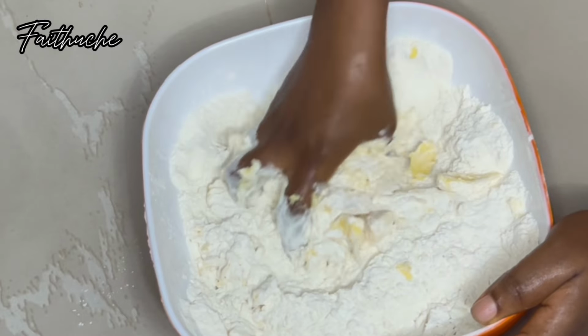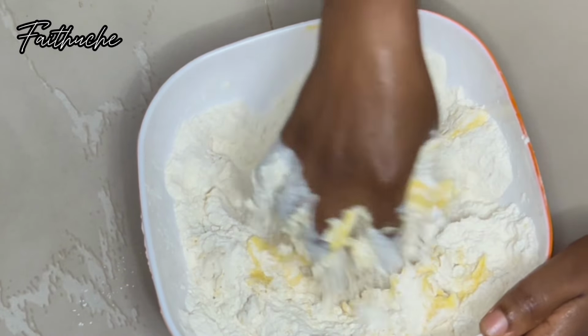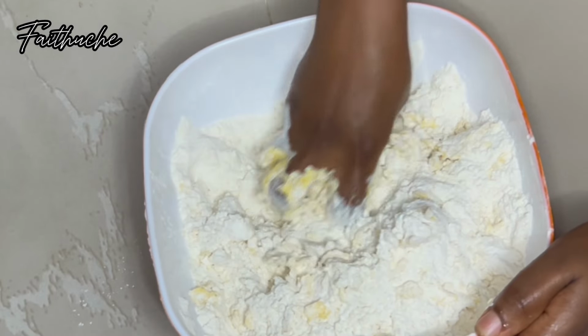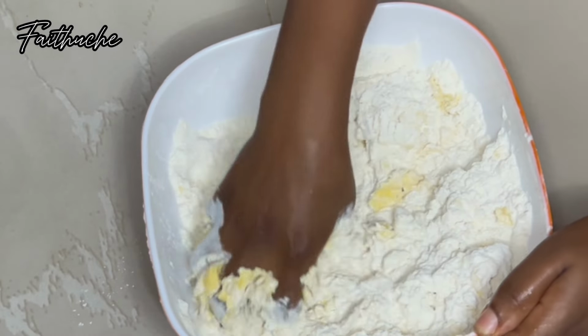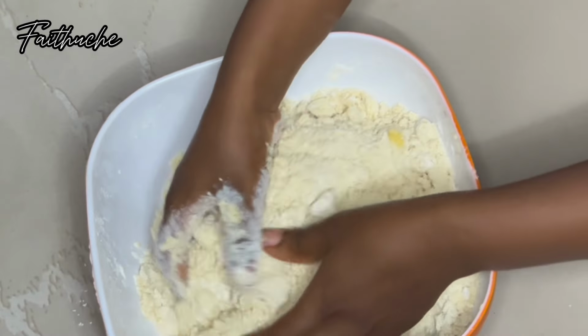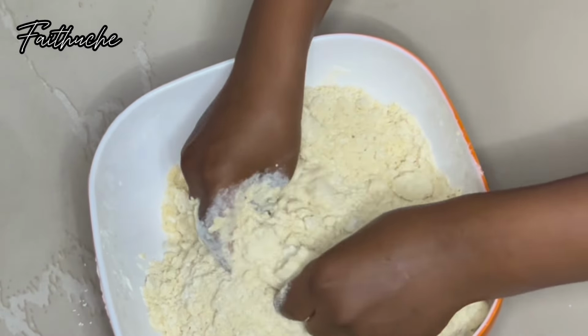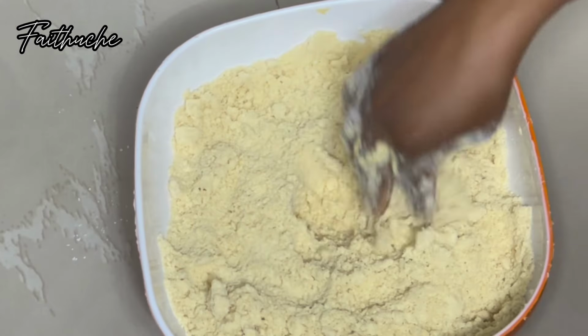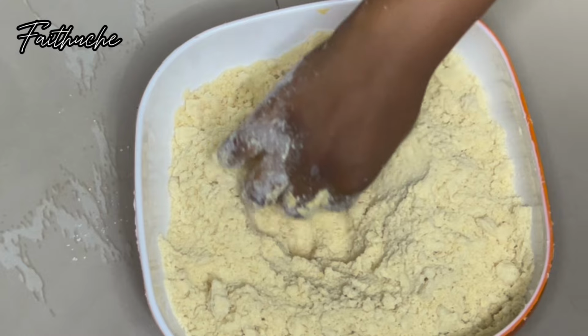After adding your butter, it's just for you to mix it properly. At this point, you need to mix very well. If you cannot mix with just one hand, go in with both hands. Mix it properly. You have to use your hands to mix this one. No need for any machine here. Alright, so after that, just open a well at the middle of your dough and pour